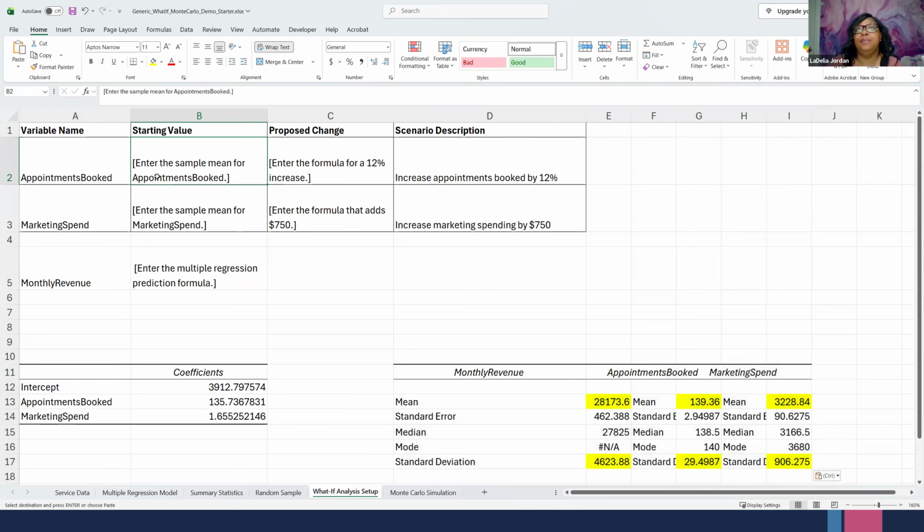So enter the sample mean for the appointments booked. Appointments booked, the mean is here. Control C, here, Control V. Enter the sample mean for your marketing spend. Control C, here, Control V. Okay, now